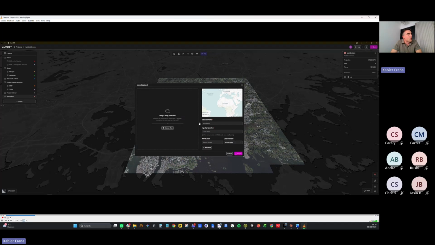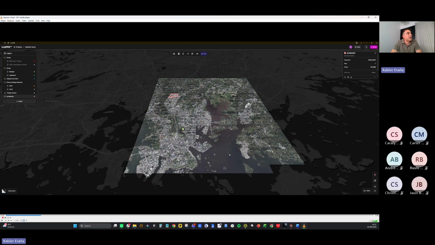One simply needs to drag and drop data. You give a name, you input the correct EPSG code. You can add any metadata you like that can be used later on to query. You press import and the data is directly imported into your project.